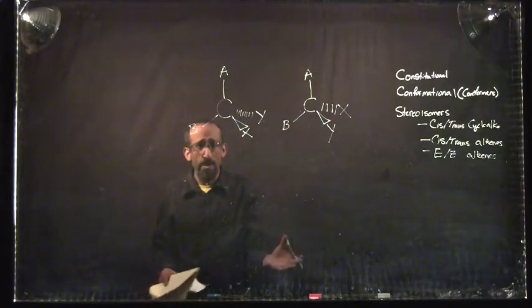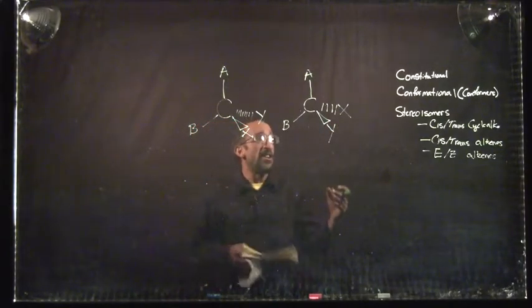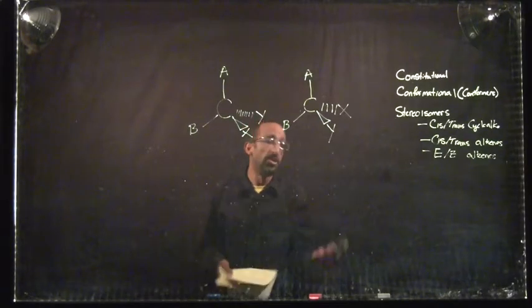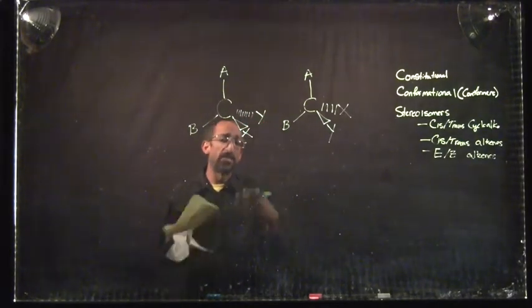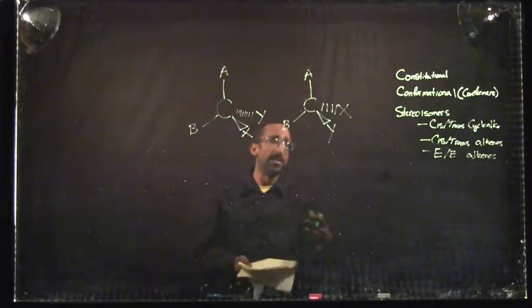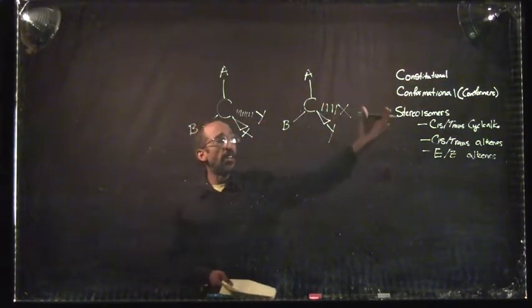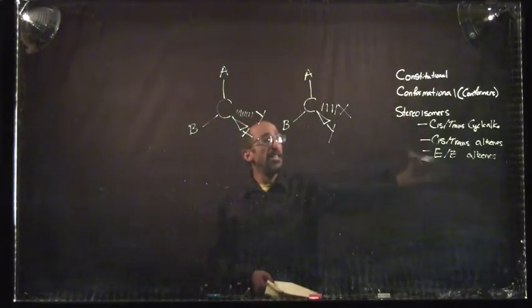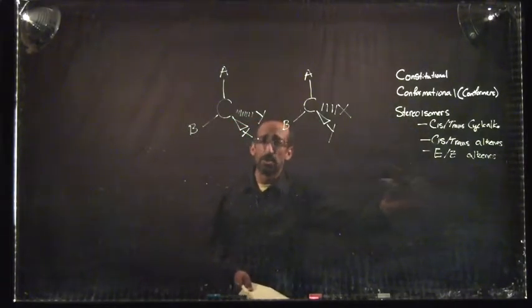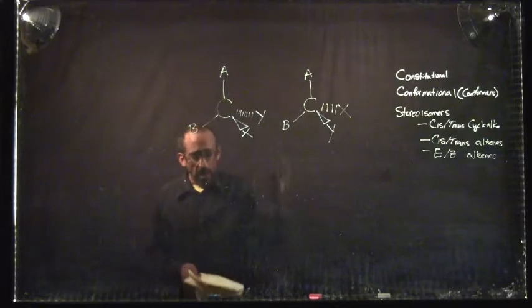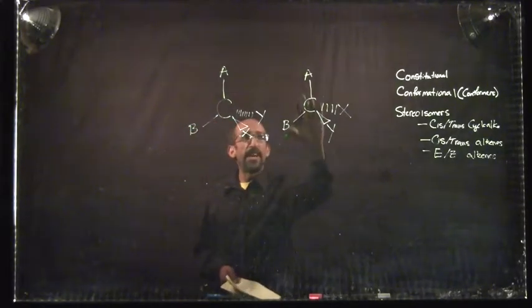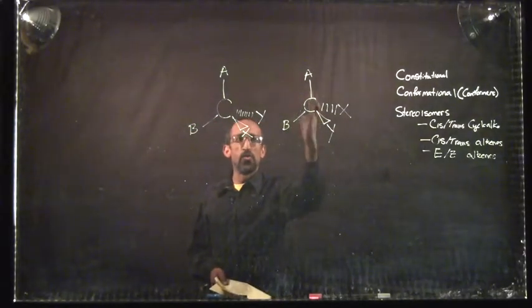We have the same bond paths in the molecule. They are not conformational isomers. We can't do any single bond rotations to convert one to the other. And they're not cis-trans or EZ isomers either, since there's no cycloalkane and there's no alkenes, so those don't really apply. But what we should notice is if I take this molecule and I rotate it